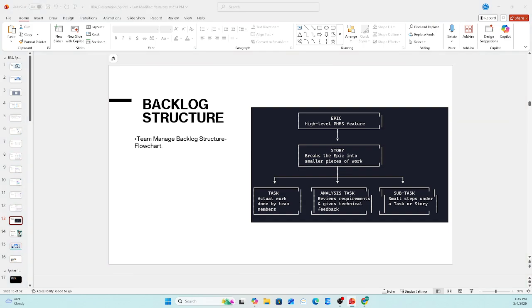If you see here, at the top of that structure we have Epic, which is a high-level feature of PHMS, as our demo project is PHMS, the Fashion Health Management System. And then, under this, we need to create a story, to break the epic into smaller